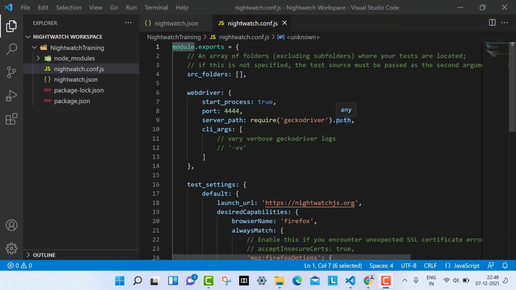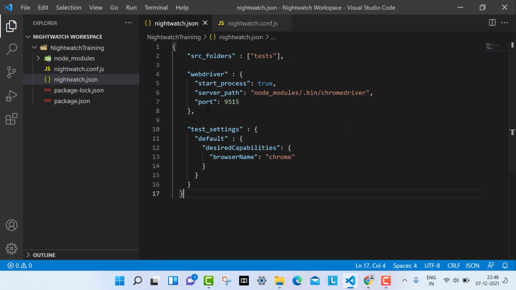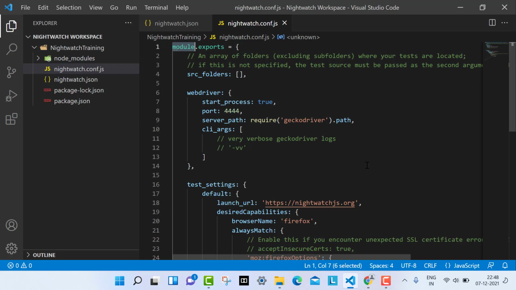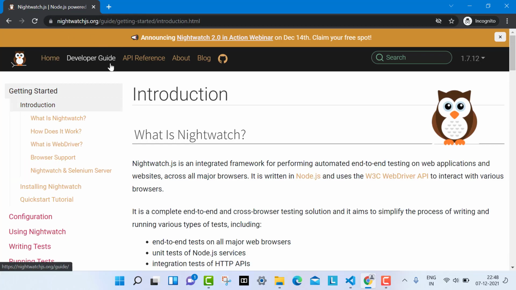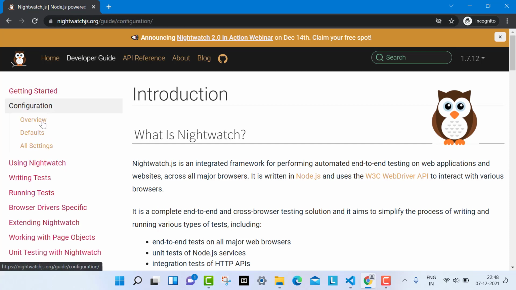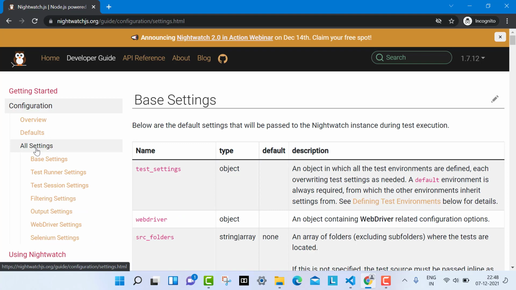Now, as I discussed, there was a question about where we get these source folders, WebDriver, the start process, and these values, the server path, these test settings, right? So come to this Nightwatch page, go to the developer guide, and inside this go to the configuration and look for all settings. Then you will find so many settings.